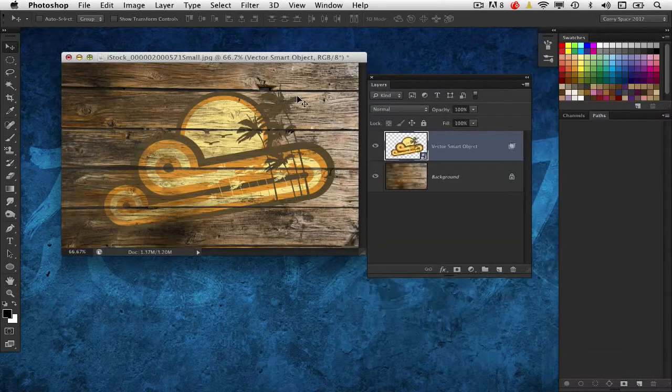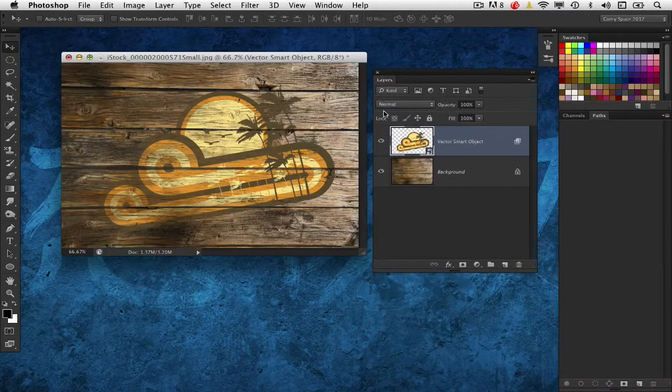So again, really handy feature. You can see why it's hidden. It's not obvious. Now it's obvious because you have this little icon here, but it's not obvious where that feature is. You really have to have been shown it and see its effectiveness to really take advantage of it.